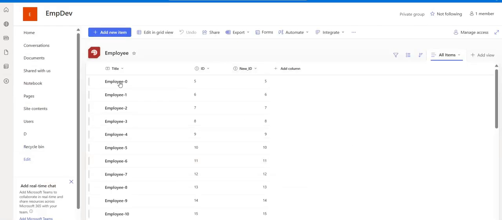In this employee list, you can see title, ID and new ID. So why did I add one extra column to this list? Because this column contains a copy of the ID field. Whenever we do comparison operations, the ID column, the default ID column, is actually a non-delegable field. So that's why I created a new ID column, because we required it to compare in our